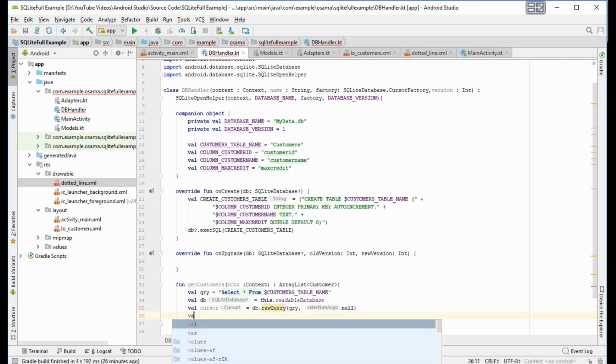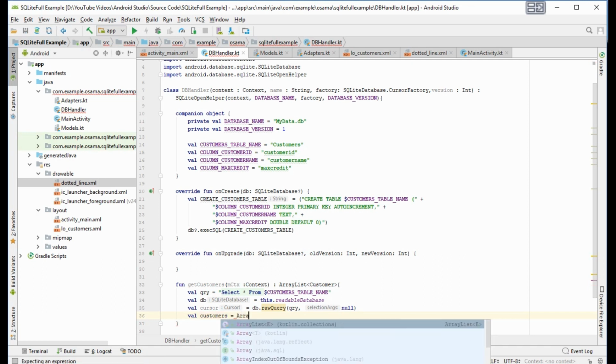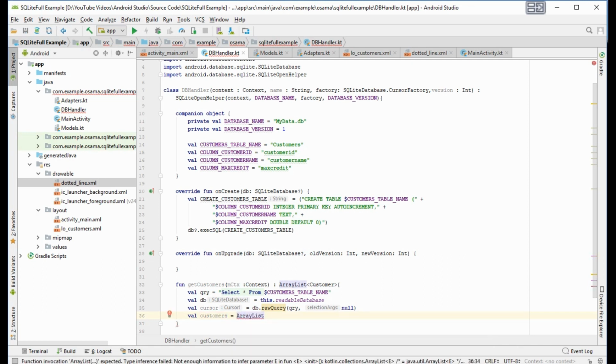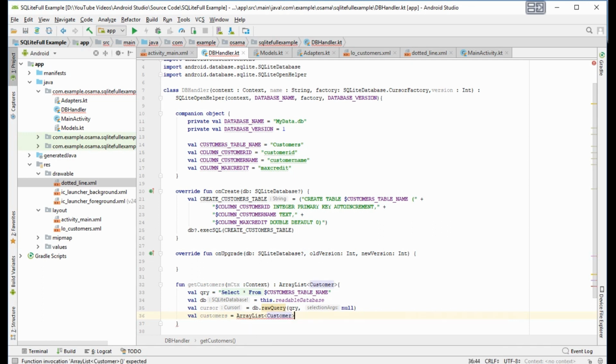Now val customers will be an array list of customer. Okay.